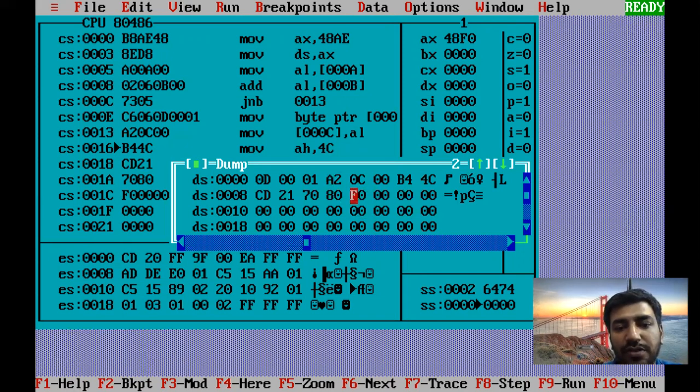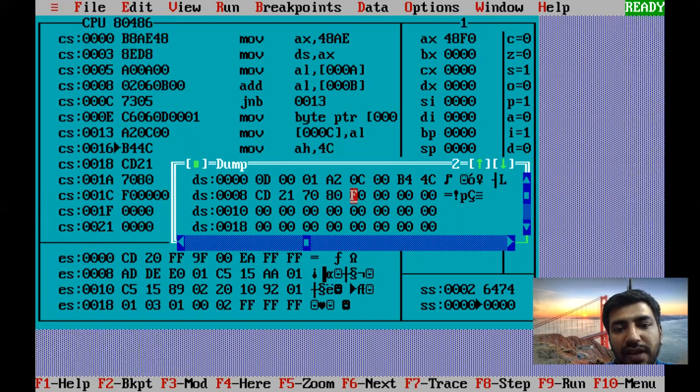Before, if you see this, before the add instruction, this was 0. Not after the add instruction, but after this transfer only, when this move sum comma AL happens, then here you get F0.